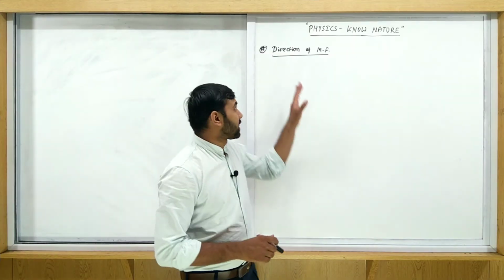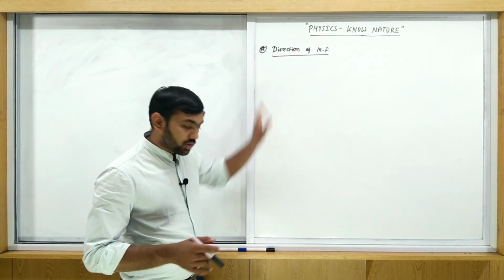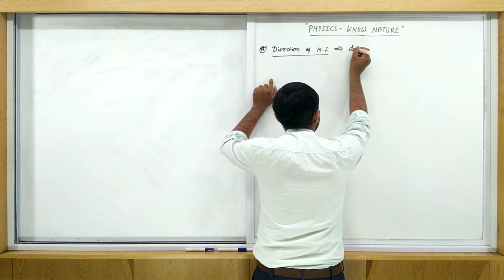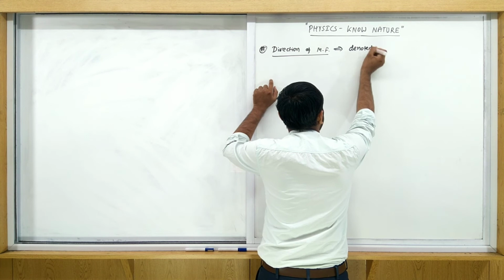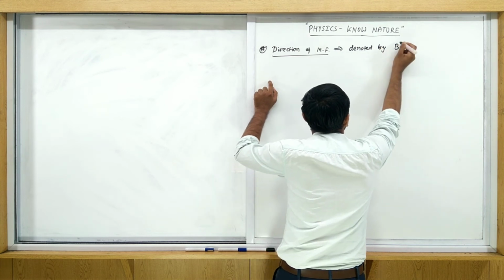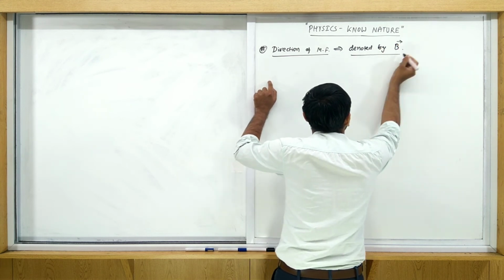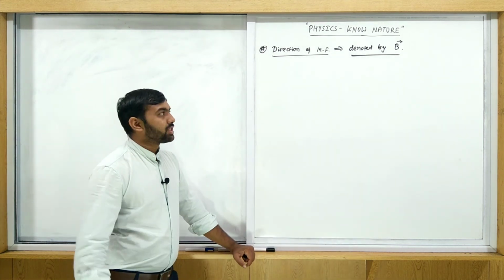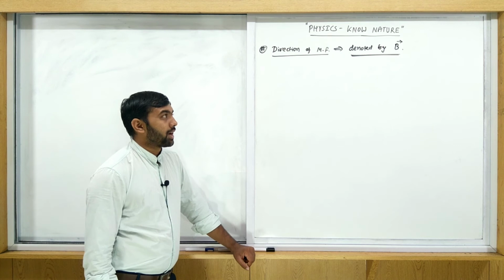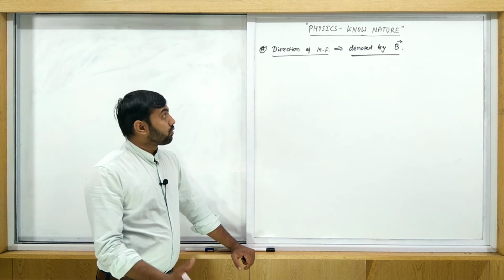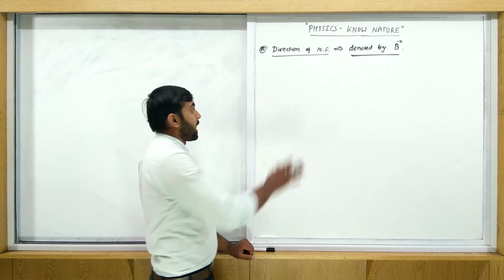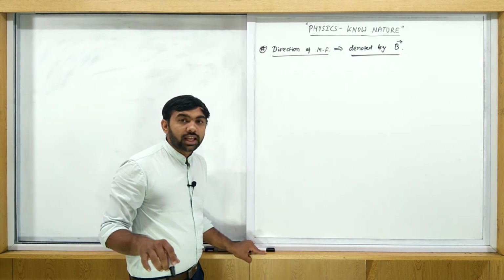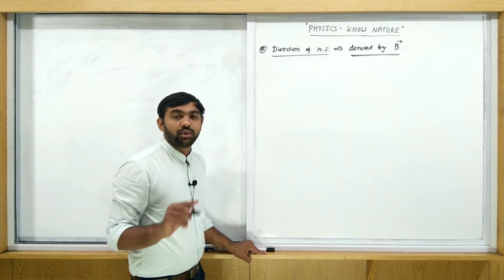Okay, let's come to the next one, the direction of magnetic field. First of all, the magnetic field is denoted by B. This is a symbol. Like electric field is denoted by E, in a similar way magnetic field is denoted by B. That is the symbol of magnetic field. Now we have two cases here: direction of magnetic field in case of a current carrying wire, and in case of a current carrying loop. So we have two cases, we have to remember both.